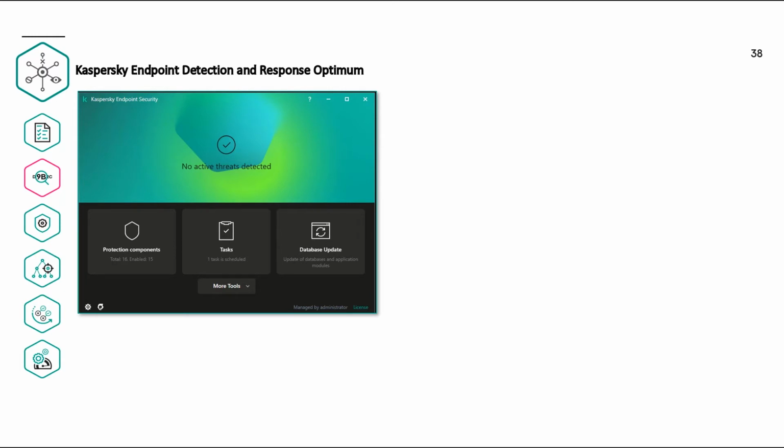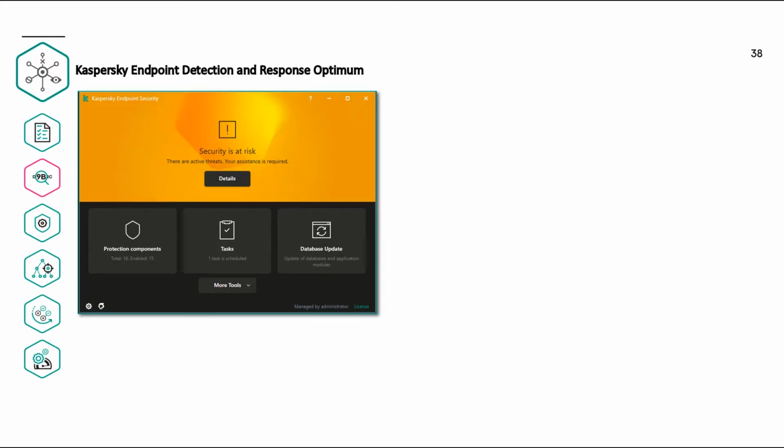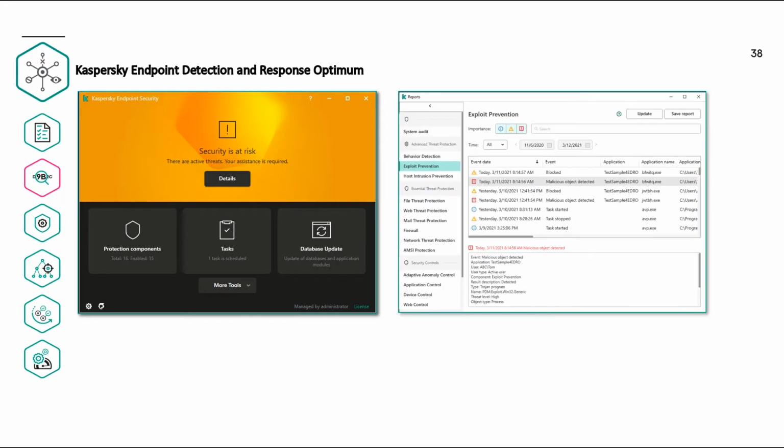Here we have Kaspersky Endpoint Security running on a machine. An event happens which generates an alert. Now, if you open up the reports section, you can see that a malicious object was detected and it was blocked. Notice the detection is from the exploit prevention engine, which is part of the advanced threat protection layer. At this point, the standard process is to just send the detection and verdict information up to the Kaspersky Security